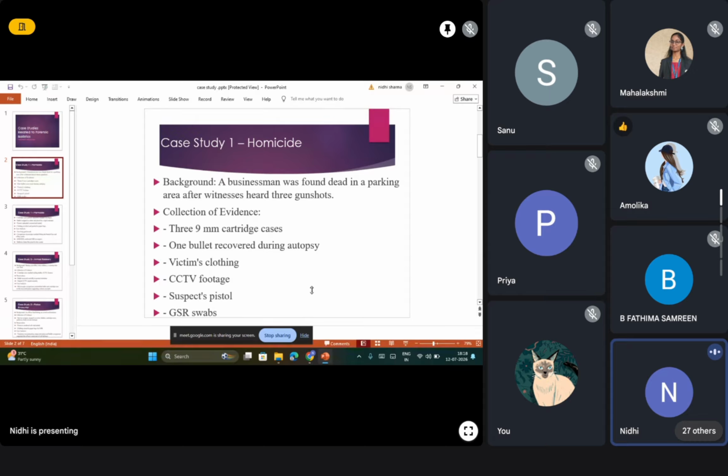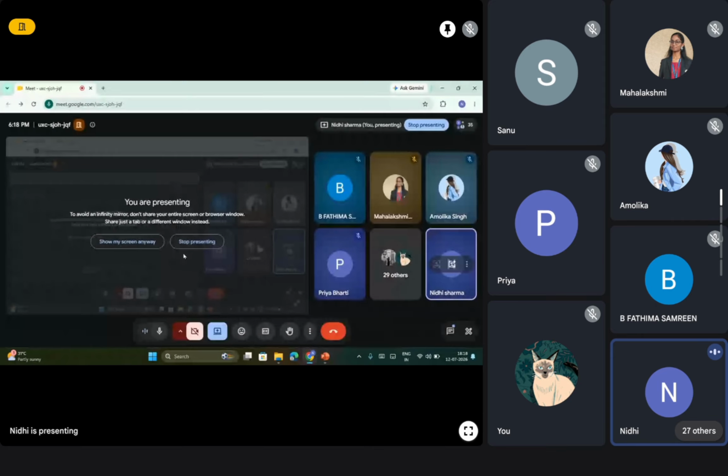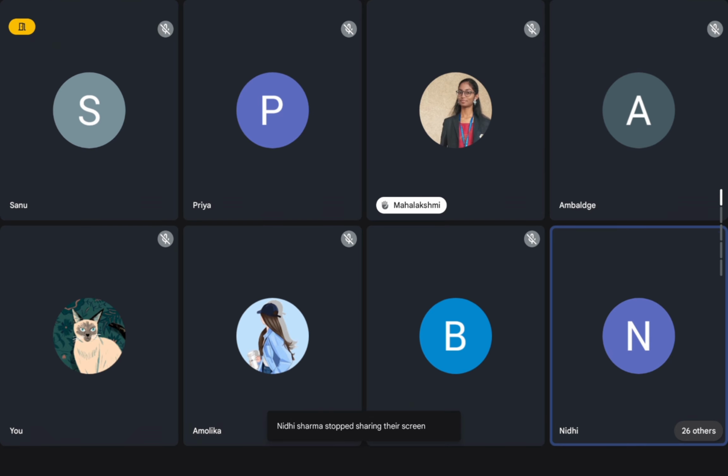Now these are some cases which I have studied during my graduation. It is not ethical to show the names if you are not an expert. I'm not an expert, I'm a student, so for me it is not possible to show you the names. So this is the case. First of all, we can discuss this case too. How many of you belong from South? Who is South Asian? Mahalakshmi and others?